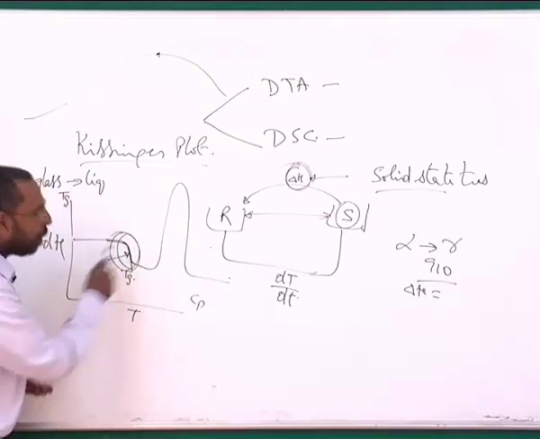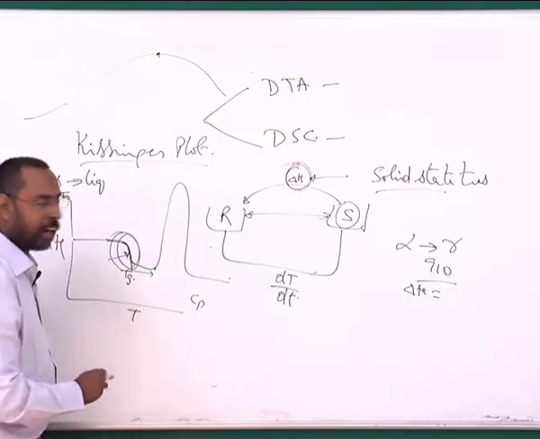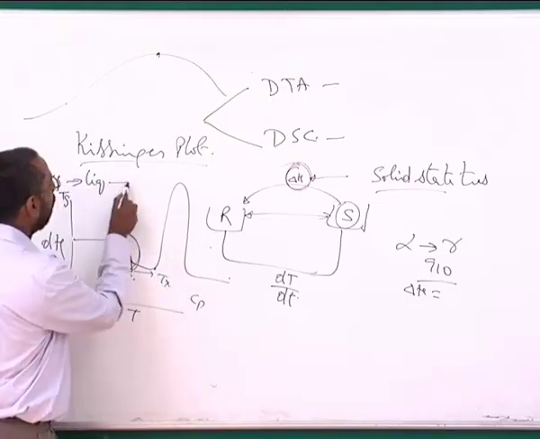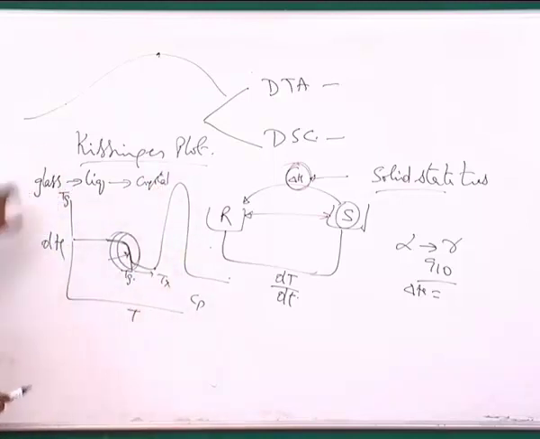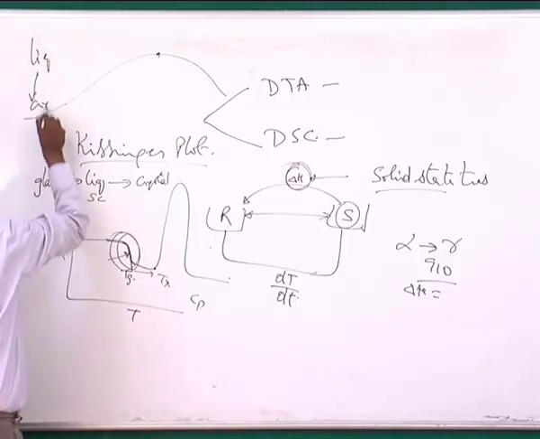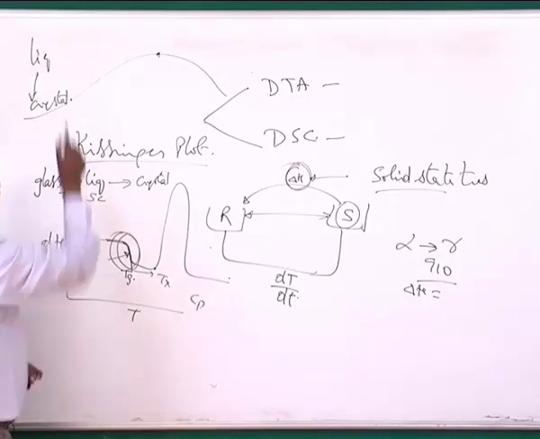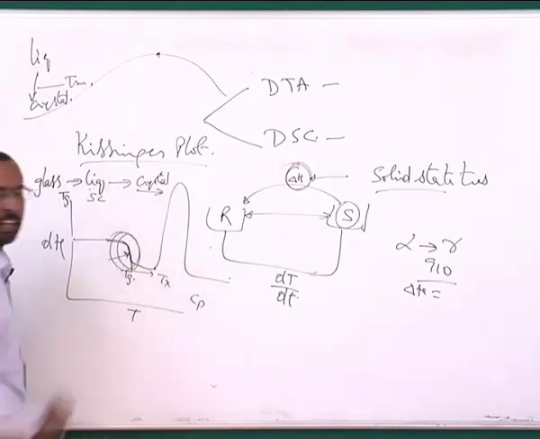So there is a small step difference, and when I now further heat it to a particular temperature called Tx, this liquid undergoes a crystal transformation. So this glass becomes a liquid, which we call a supercooled liquid. You may say, what is this, sir? This liquid on heating is giving you a crystal. Usually we have liquid on cooling giving you a crystal at the melting point. Whereas here you see this liquid on heating is giving a crystal.